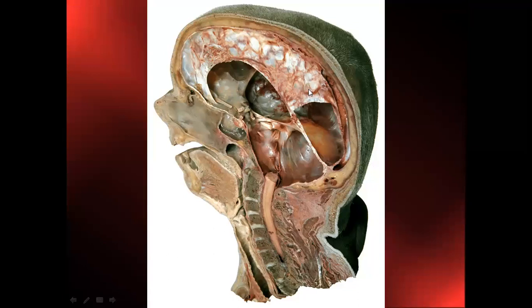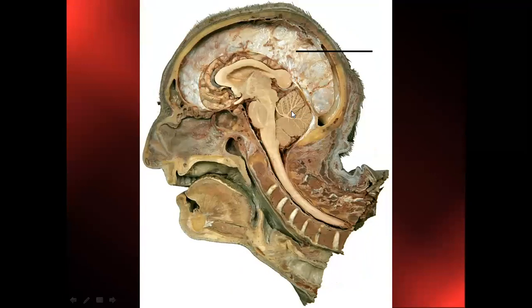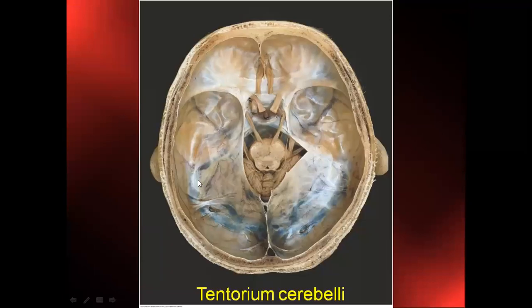You can see this is the mid-sagittal section of the head and neck, where the falx cerebri, the dura mater, has been beautifully shown. This is the superior sagittal sinus, this is the inferior sagittal sinus. So this is all falx cerebri. Now this picture clearly depicts the position of the tent. This is the crista galli area, the anterior cranial fossa, middle cranial fossa, and posterior cranial fossa. This tent-shaped fold of dura mater is the tentorium cerebelli.